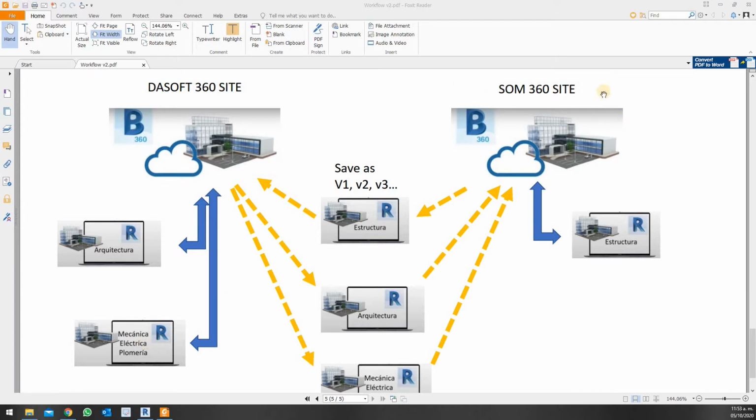On the other side, we have SOM in charge of the structure. So the structure will get the same treatment. We have a daily or whatever basis synchronized here on the web. And then at some point in time, for instance, a weekly or bi-weekly